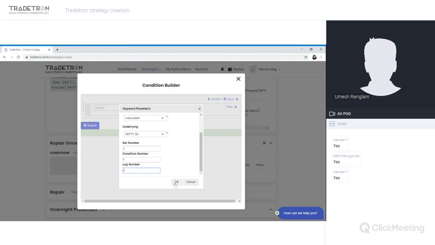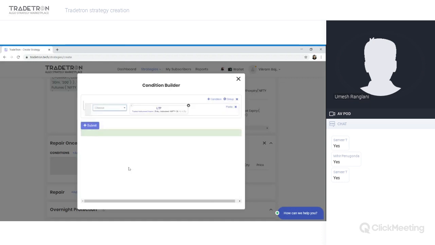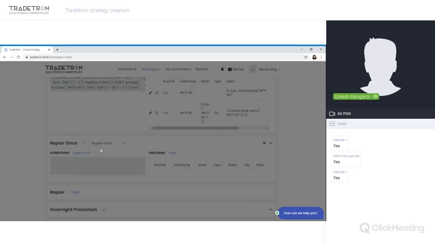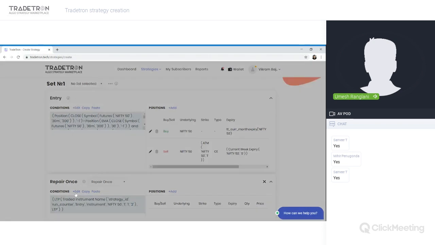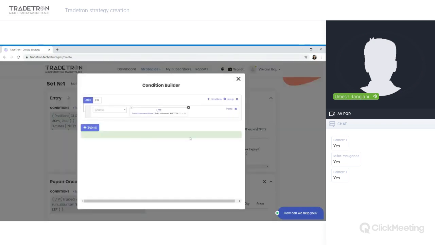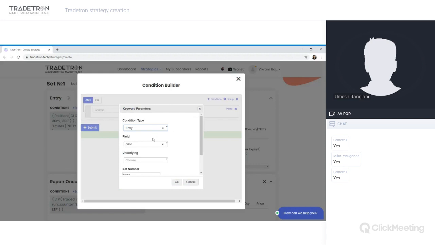Why am I putting leg number 2 here and why set number 1? I'll explain that. This position is the second leg in this position builder and it is in set number 1. That is why I have selected set as 1 and leg as 2. So this will basically get the price of that particular instrument traded there, that particular call. If that value is less than, again we will use the traded instrument keyword which will fetch the entry price of that particular instrument